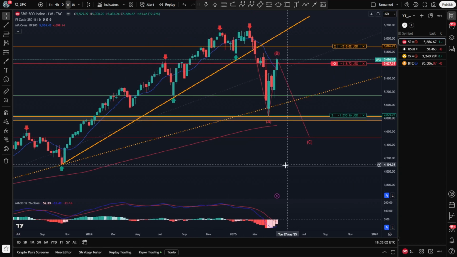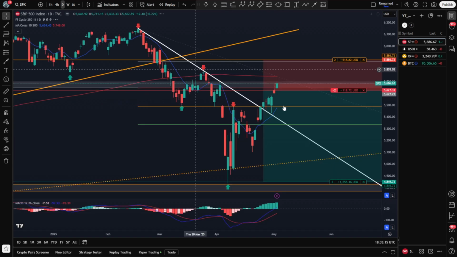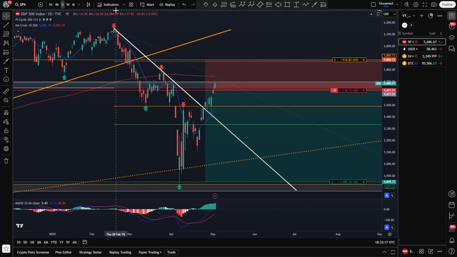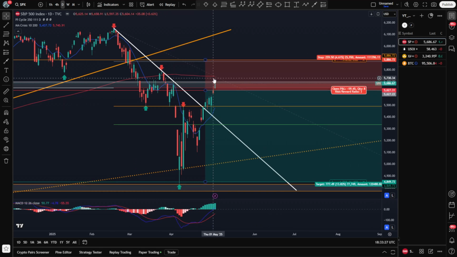MACD shows that it wants to cross here to the upside, but often these indicators are a little bit later than price. So let's see what price is saying at the daily time frame. Daily you can see that we had a daily white solid downtrend line. That one got broken to the upside. We had lower highs and lower lows, and now we turned into higher highs and higher lows. But I think this is the shorter time frame.